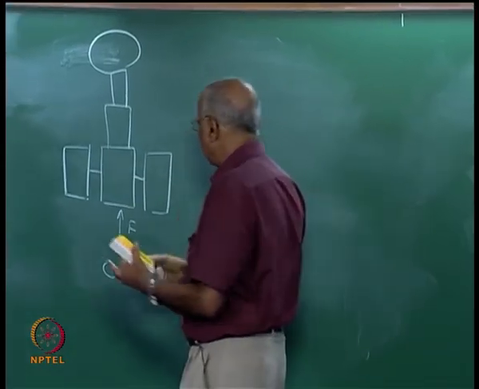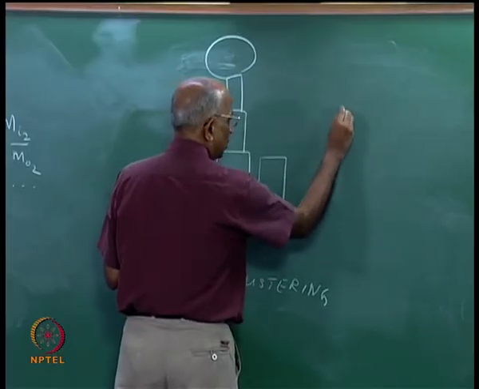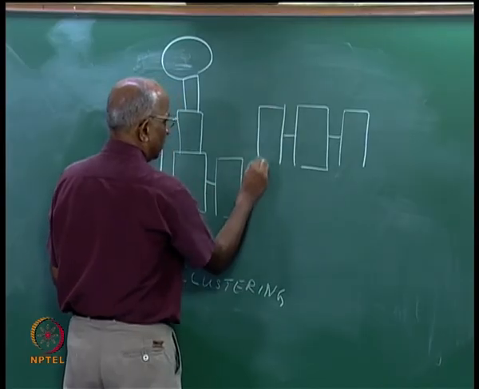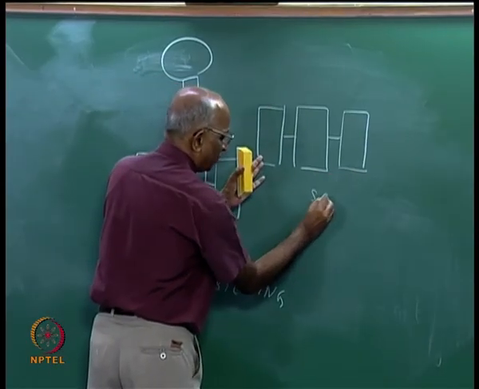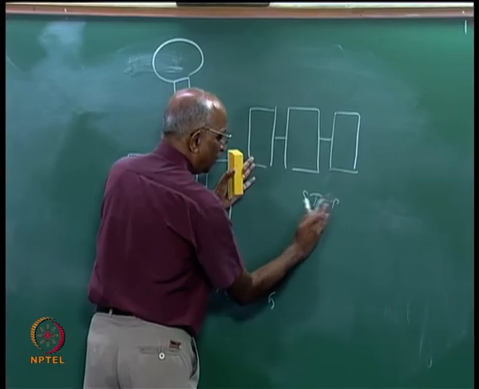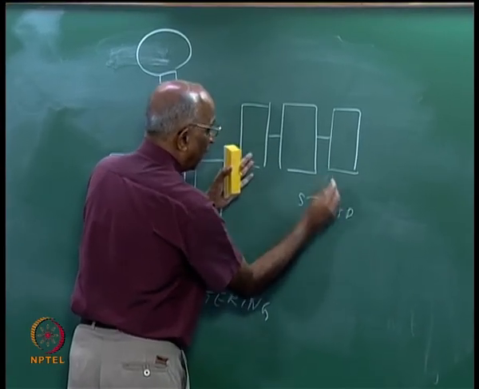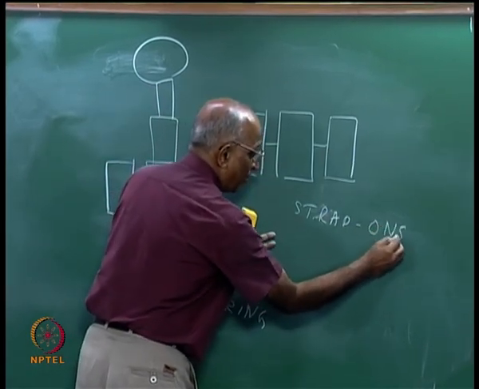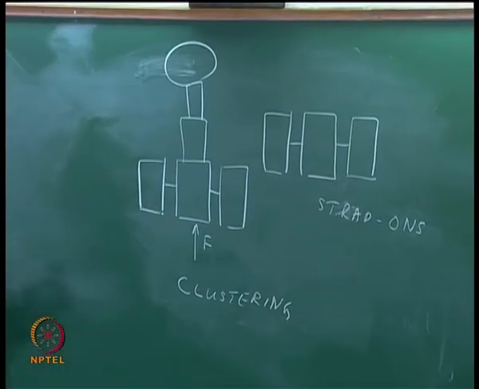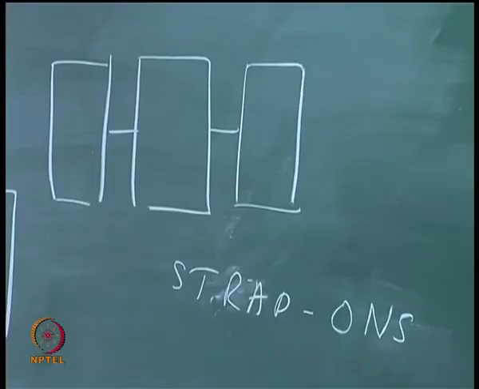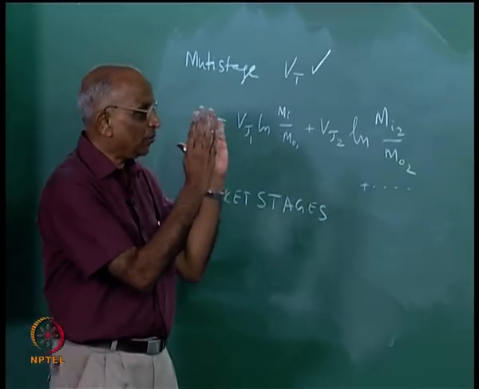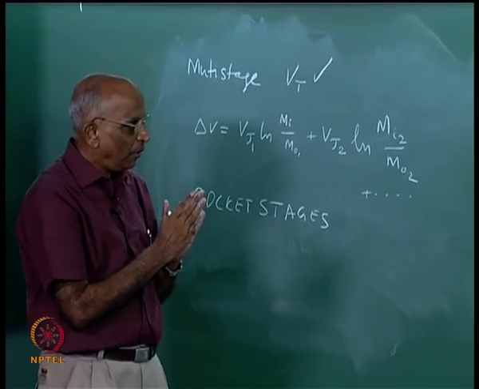Sometimes what we do is, we have a booster rocket, we put two attachments over here. What are these attachments? They are like straps. I strap something onto it, I attach two straps, and therefore, the side rockets are also known as strap-ons. Let me take one or two examples, maybe I will show it through slides when we meet in the next class, but to be able to just conclude at this point of time,